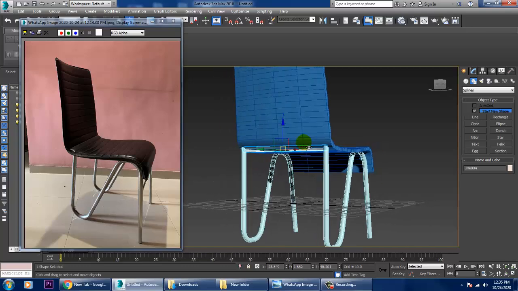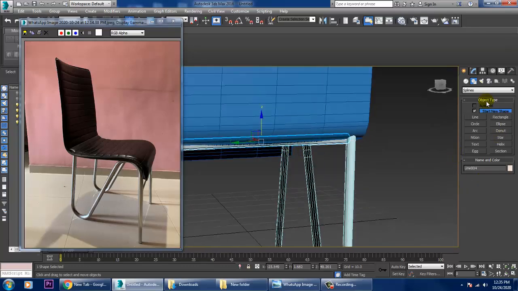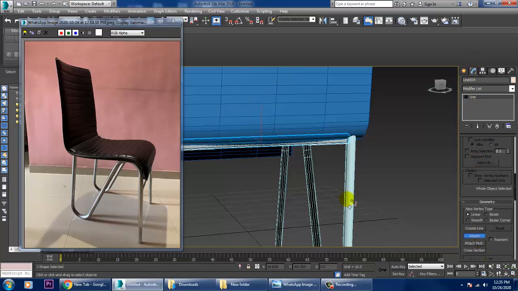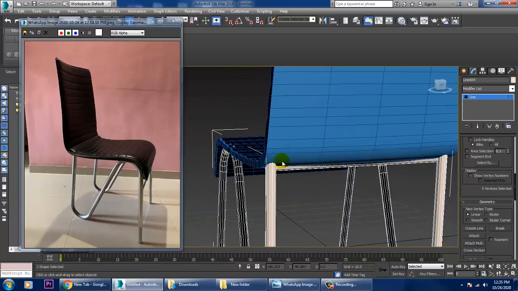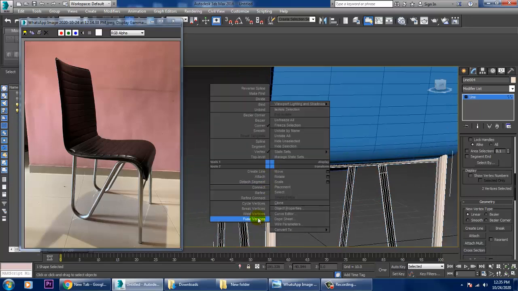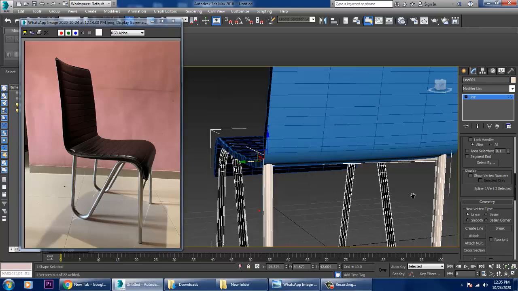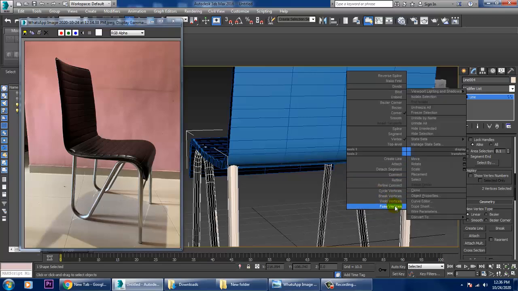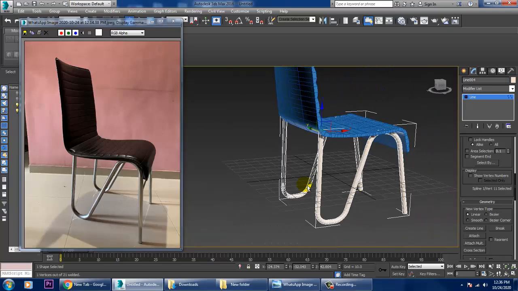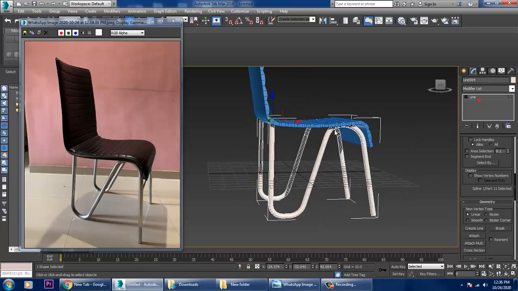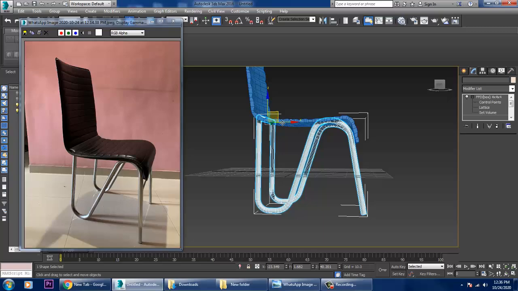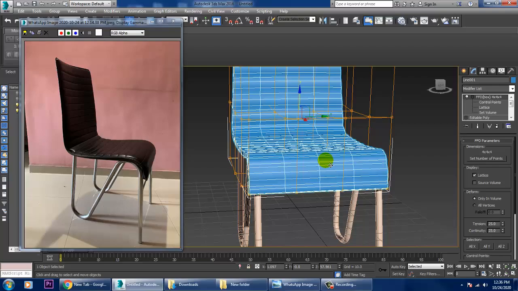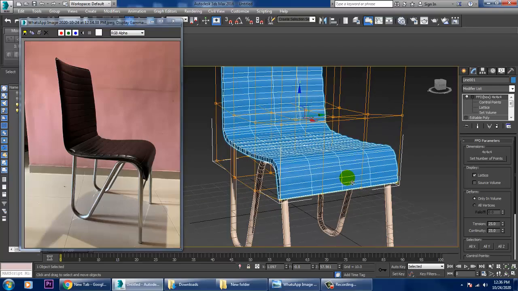Once you've taken a line, now I can attach this line with this and this. So select both the vertices, right click, fuse vertices and weld vertices. So right click, fuse vertices and weld vertices. Once you're done with this, if you want, you can slightly push this a bit up in this way. So that can be easily done.